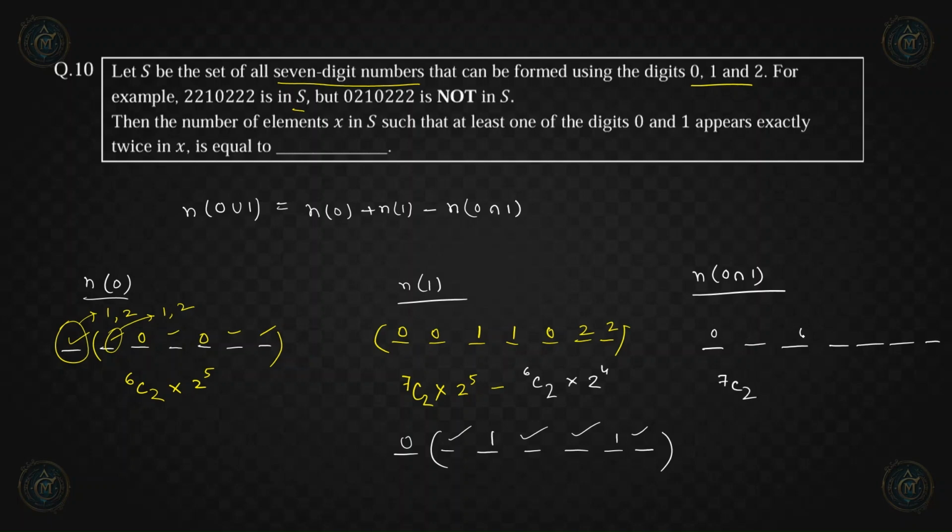So then again we select two places out of these 7 places, okay. Then place our zeros, let's say here and here. Yes, I know this is not possible here because this will be a 6-digit number, but let us count, right? We will exclude those cases later. So 7c2 times, we have the remaining 5 places, right? So we are again selecting two places out of these remaining 5 places to place our ones.